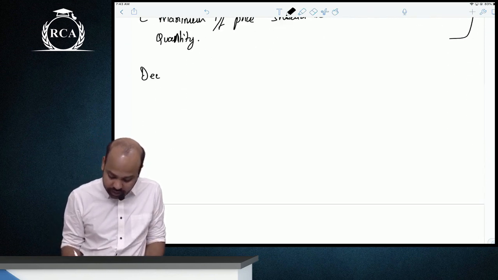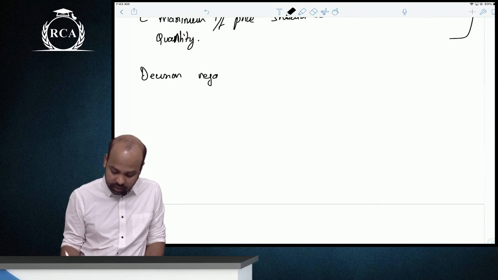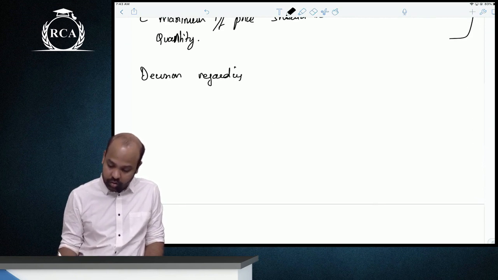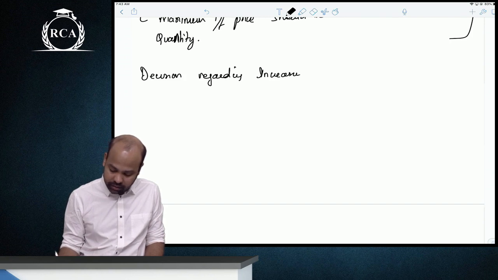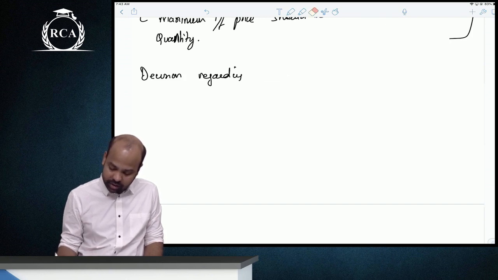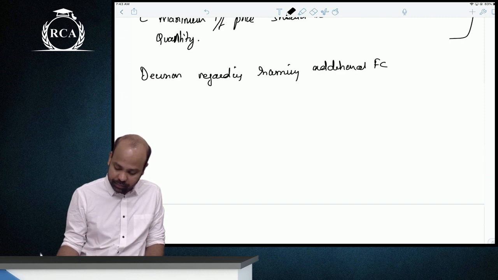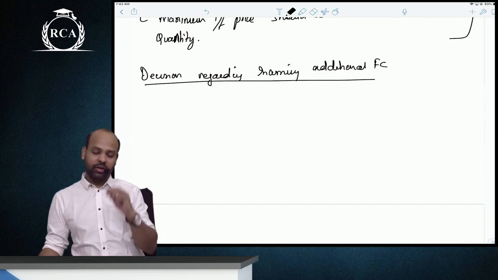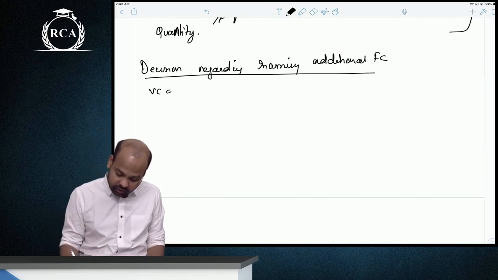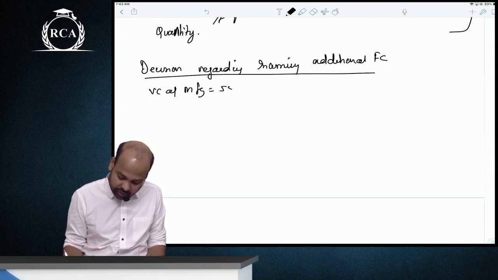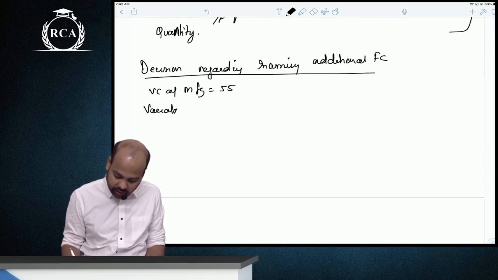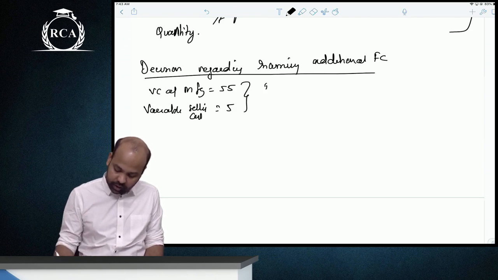So guys, first decision regarding increasing capacity, decision regarding beta incurring additional fixed cost. Is it worthwhile? Do you have to incur additional fixed cost? So guys, your variable cost of manufacturing is 55 rupees. Variable selling cost, guys, is 5 rupees. So for internal transfers or special order, guys,